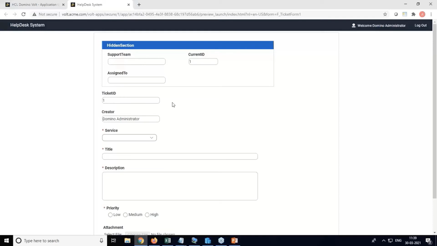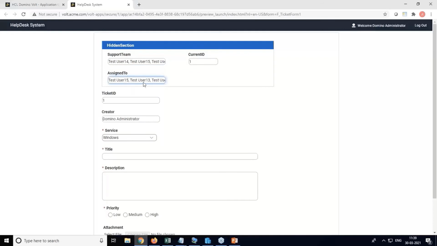Now one more part is left here which you can try yourself. We have extracted the support team and assigned this ticket to the first user using this assign to field. And now we have to update the support team in the backend. So for that, extract the second part of this field into another temporary field, and extract the first part and append it to the end of the second part.